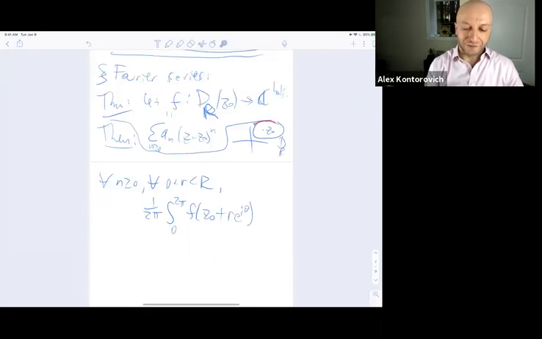So I'm evaluating f on the boundary, and I take the Fourier transform of that, e to the minus I n theta, but theta goes from 0 to 2 pi, so I don't need a 2 pi here. So just n theta, d theta,